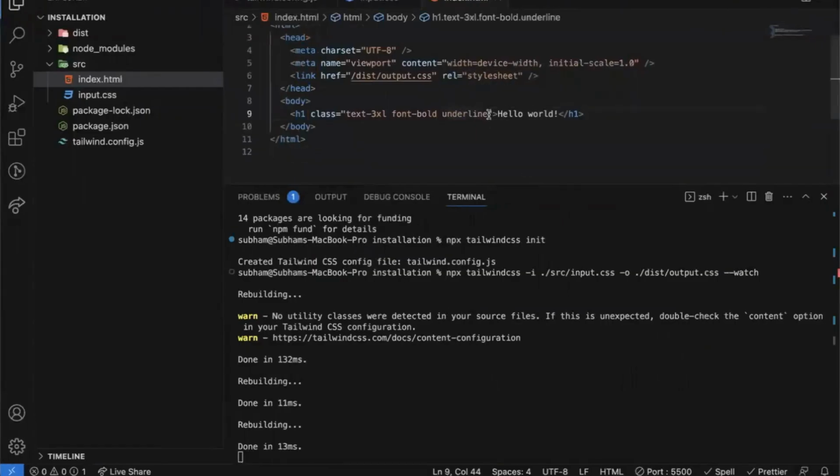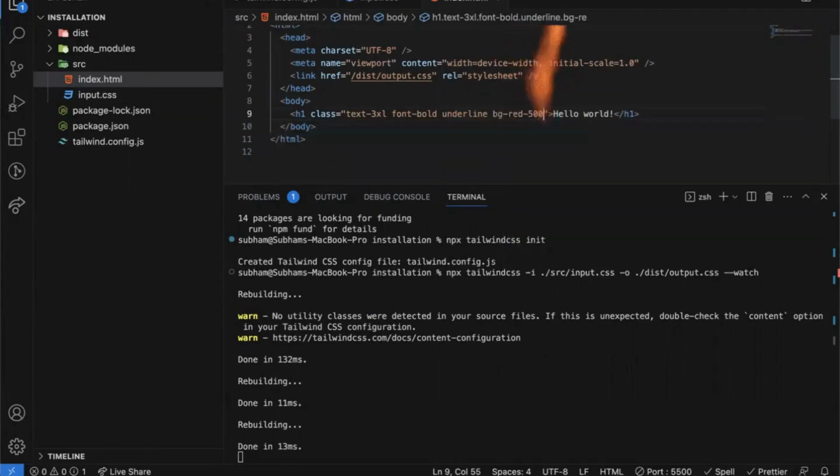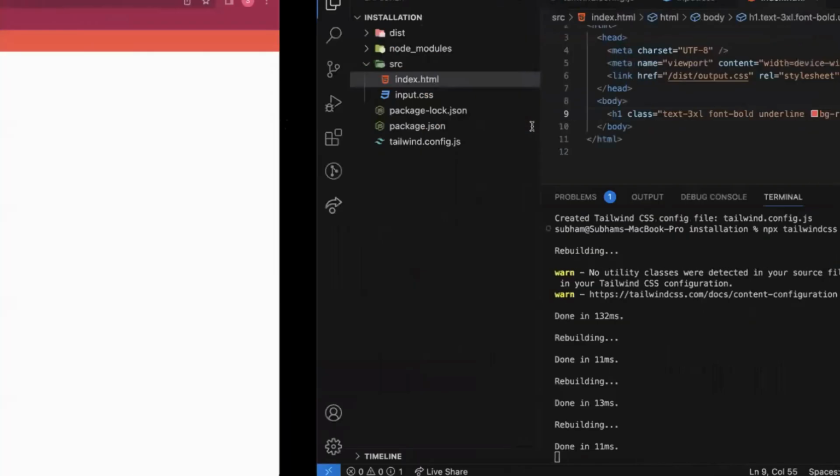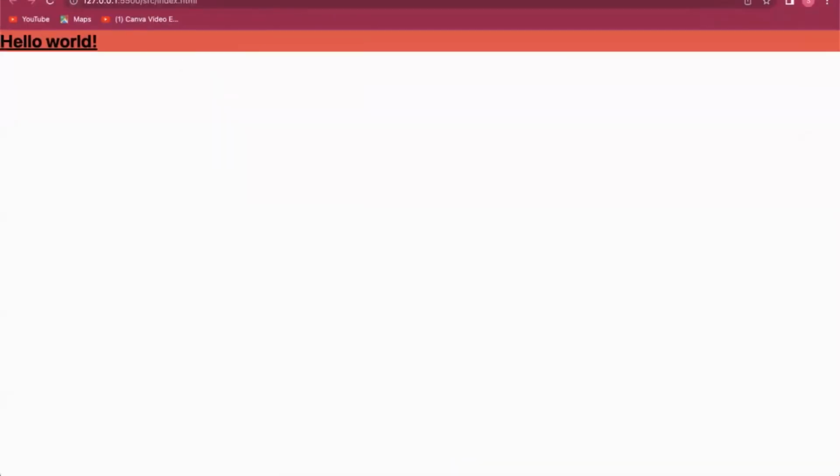So this is the installation process, that is how we can start with Tailwind. So let's add some Tailwind CSS classes like bg-red-500. So we will see the background color is red and its shade would be 500. So see here,